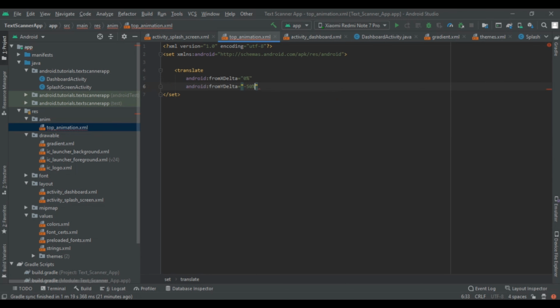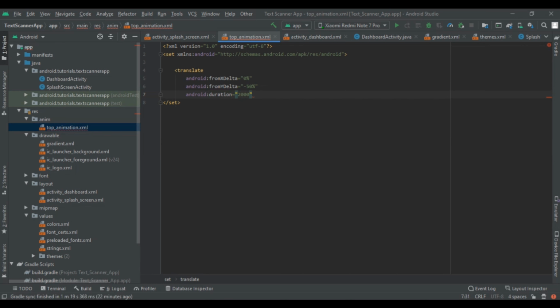Now give its duration. So android, and instead of 2 delta we have to write duration is equal to 1500 or 2000, means 2 seconds.